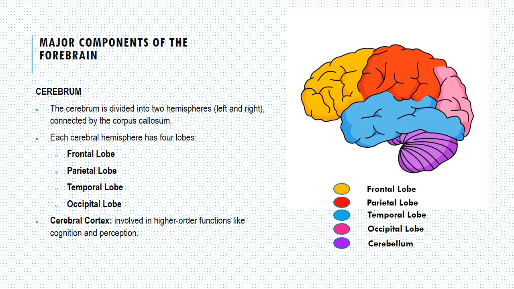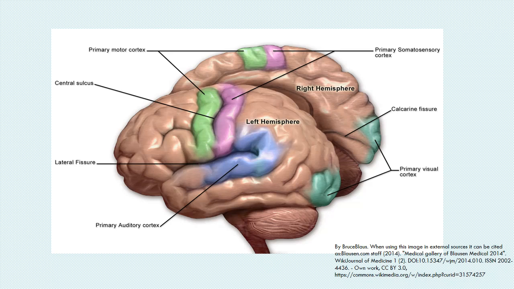The cerebral cortex is involved in higher order functions like cognition and perception. In this slide, you can see the two cerebral hemispheres with major sulci and areas. Right hemisphere is the representational hemisphere and is responsible for controlling the left side of the body, temporal and spatial relationships, analyzing non-verbal information, and communicating emotions. Whereas the left hemisphere, the categorical hemisphere, controls the right side of the body and produces and understands language. Corpus callosum is the communication between the left and right side of the brain.